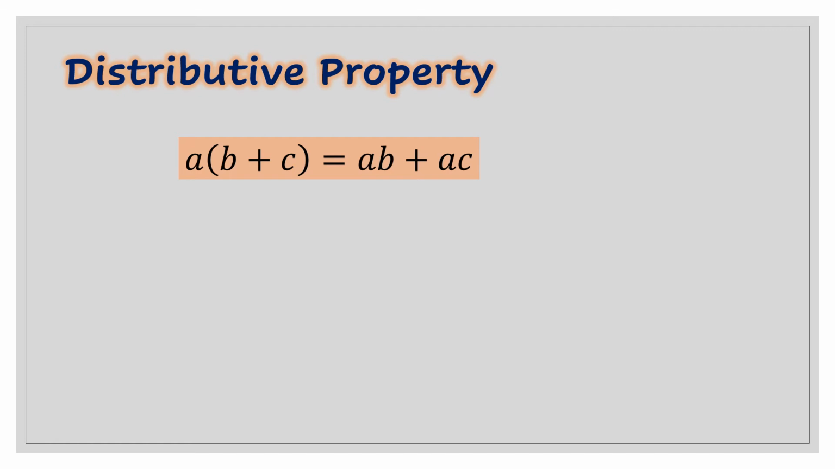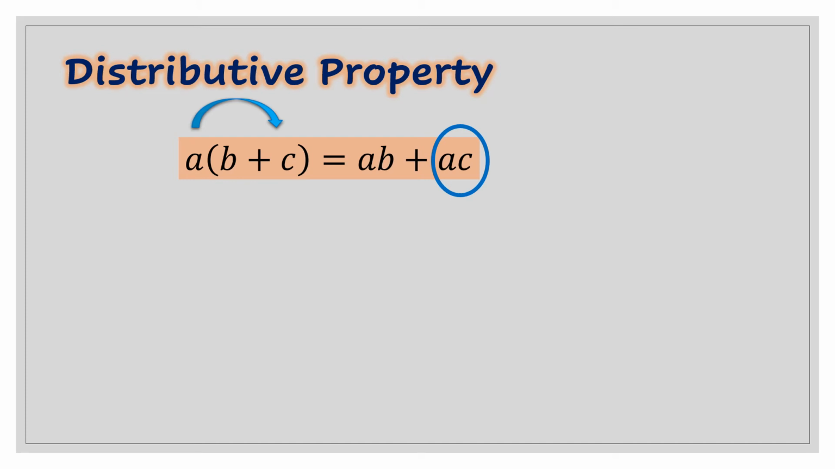So paano nakuha yung AB plus AC? So, yung A na nasa labas ng parenthesis ay i-multiply sa B na nasa loob ng parenthesis. Kaya nakuha natin yung AB. Yung A na nasa labas ng parenthesis ay i-multiply sa C na nasa loob ng parenthesis. Kaya nakuha yung AC. Please take note na sa mathematics kapag ang dalawang letters o dalawang variables ay magkadikit, ang